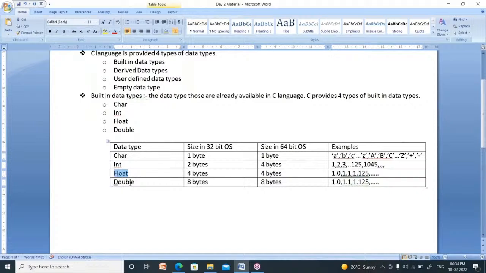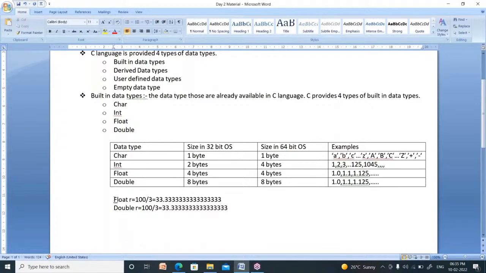So, first of all, we need to know the difference between float and double. Suppose I write an expression like this: float result equal to 100 by 3. I am creating a double value, result equal to 100 by 3. I am creating one more expression here. What is the result of 100 by 3? The result is 33.333333 and so on. What is the result of 100 by 3? It is also the same, 33.33333333 and so on.